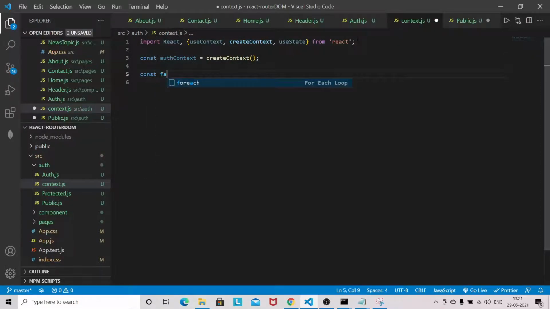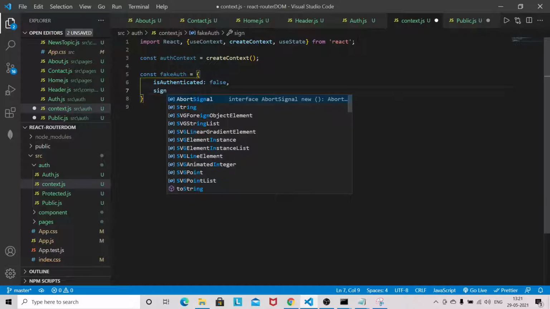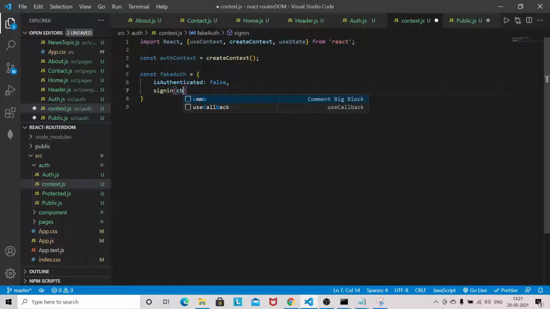Now we'll create fake authentication here. So this will be an object, isAuthenticated. Initially it will be false, obviously. Sign in: I'll pass a callback function.